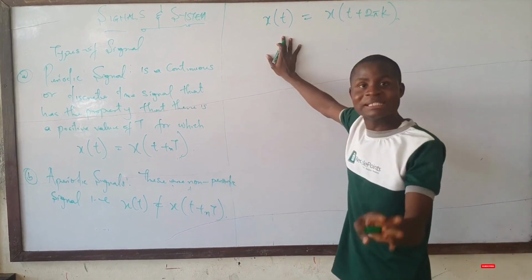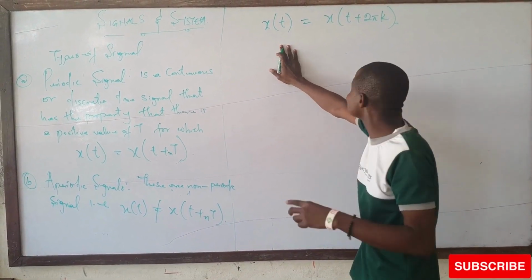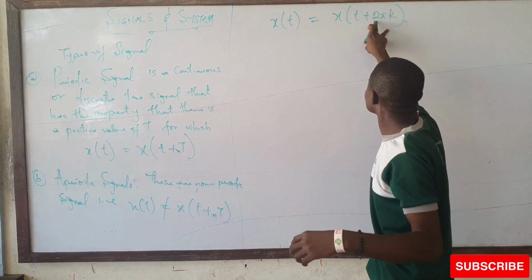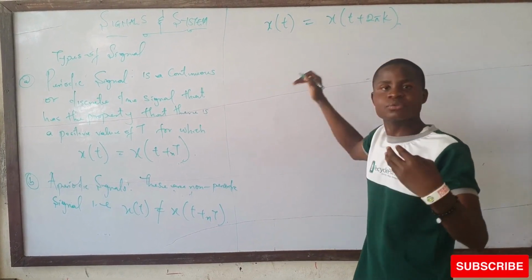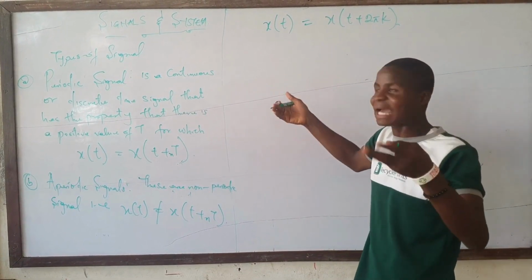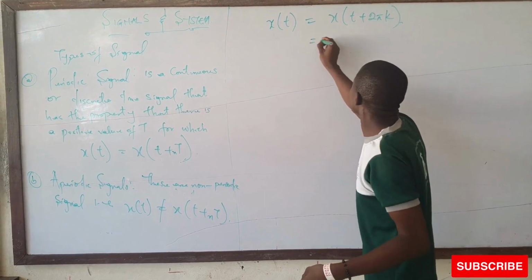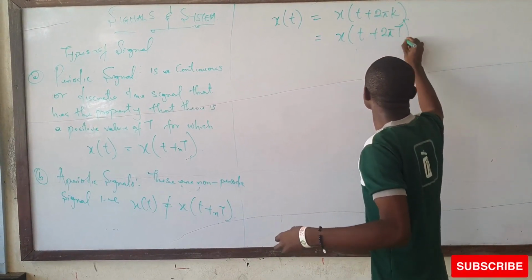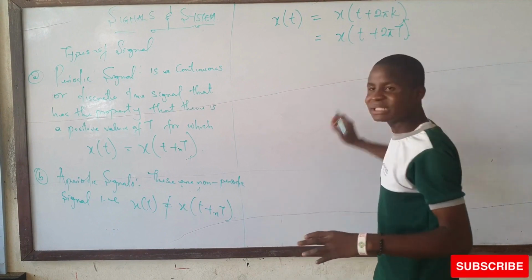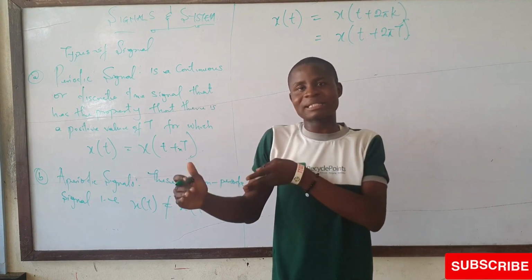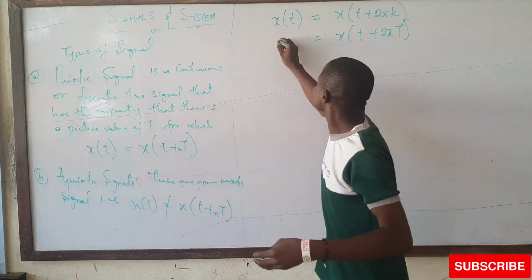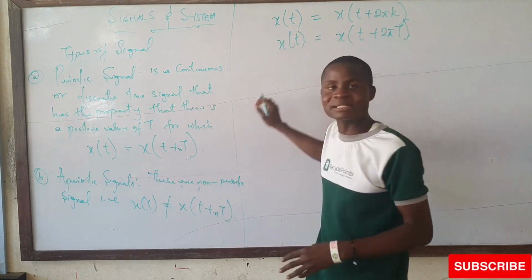This is going to be the same thing. Why? Because actually I only shifted this through 2 pi, through 2 pi k. So x of (t plus 2 pi) is the same. Even though I have created a time shift for this signal, I will still produce this same former signal back.